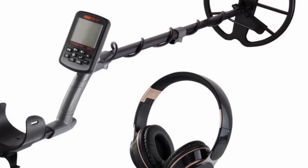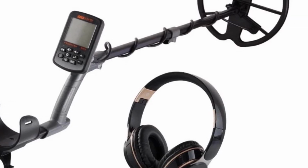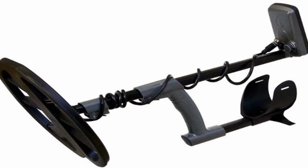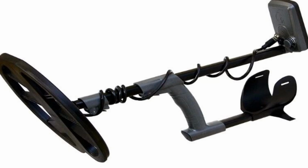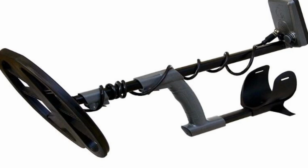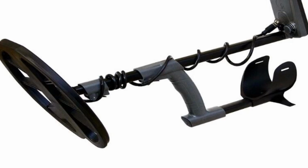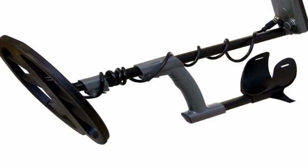One of the standout features of the Gold Hunter 75 is its wireless headphone capability. The detector is equipped with a built-in battery and includes a charger cable for convenient recharging. With the wireless headphone feature, you can detect without any hassle of tangled wires, allowing you to focus solely on